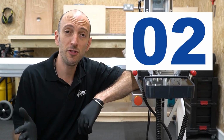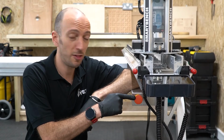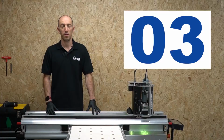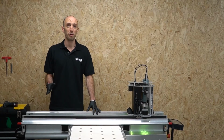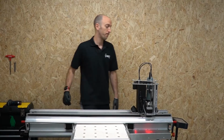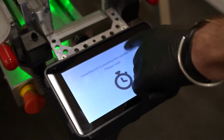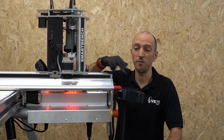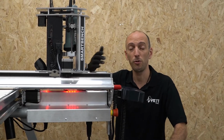In the event of an emergency, it's this button that you need to be pushing here, which will kill the power to the machine and shut it down. If you see an event which might cause an emergency, your options are pushing the interrupt bars or pressing pause on the console. Unlike pushing the E-stop, either of these will just pause SmartBench, which means you can recover your